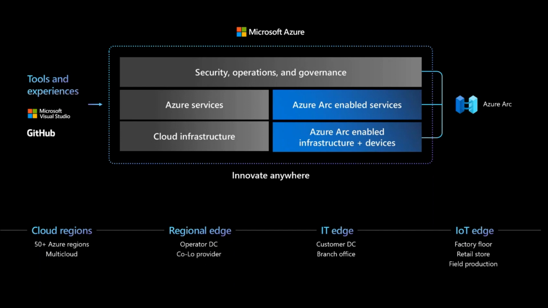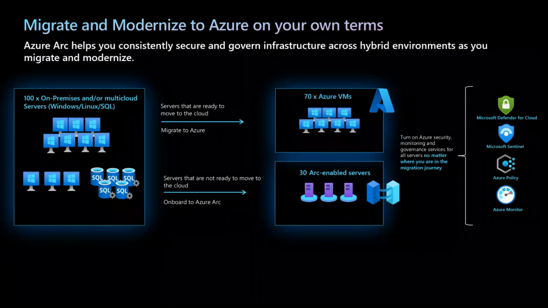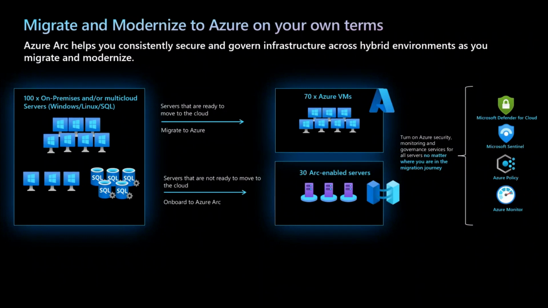All right. So if I go to the next slide, I'll give you a scenario. This is just before we jump into the capabilities. I think this will make more sense. Let's say you have a customer with hundreds of on-prem servers, whether running Windows or Linux distributions, and some of them also running SQL Server on top of that. When you go through the analysis for the migration, you might be able to migrate, for example, 70% of the machines or workloads. The remaining 30% of the workload will still remain on-premises, right?